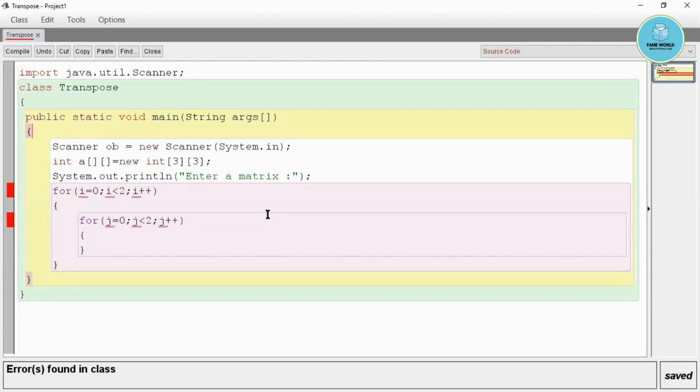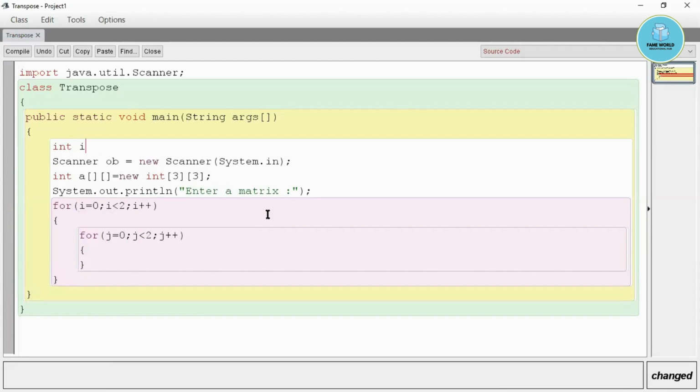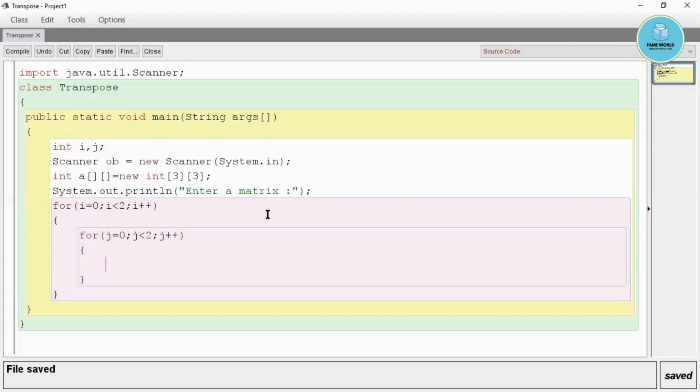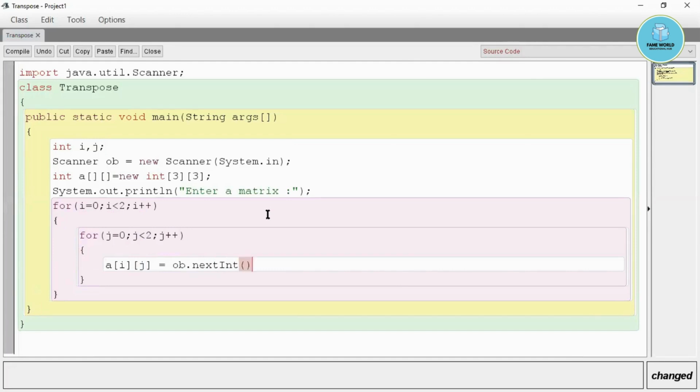We have not declared ij, so it is giving an error. So I am taking the loop. Then for now we have to scan it. So a is our matrix. A of ij equals ob dot next int. After that, this was the scanning.